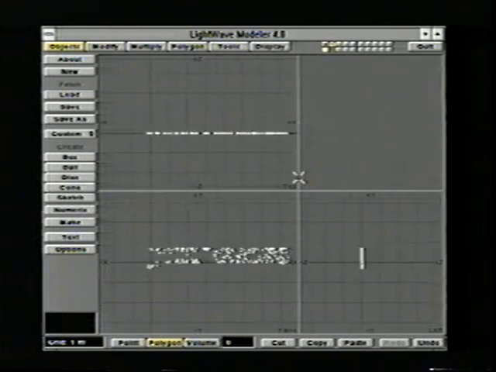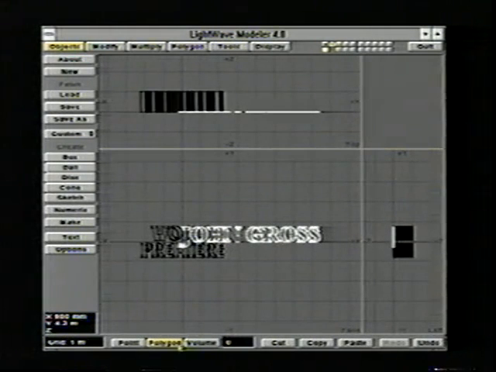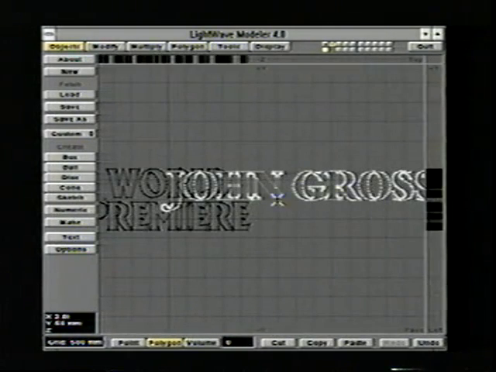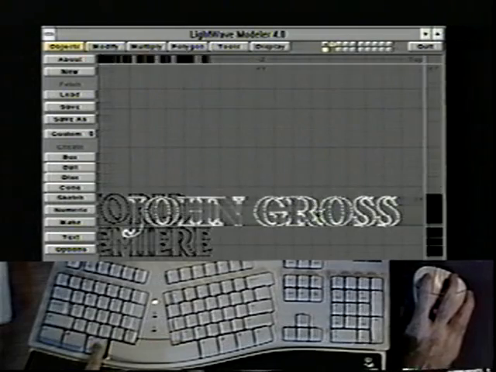Okay. Hit A to fit that in. Okay, now what I'm going to do is I'm going to use the lasso to lasso that part. Let's deselect that. Zoom in a bit on this. By the way, if you hold the alternate key down, you can drag the window around with the left mouse